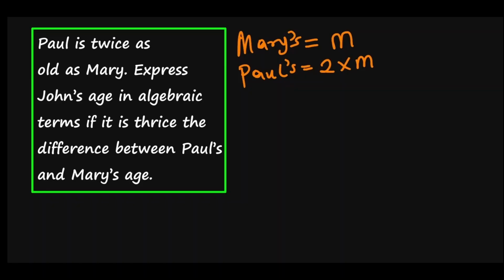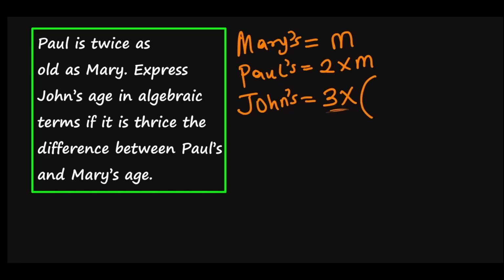We establish that. Now, express John's age in algebraic terms, if it is thrice. Now thrice is like an old English word, or so they use in literature. It's the same thing as 3 times. John's age now is thrice. So thrice is 3 times already. Now because the next thing coming is a big stuff, we have to put it in brackets to be able to contain the other statements that will follow. So we've written the thrice, which is this 3 times.